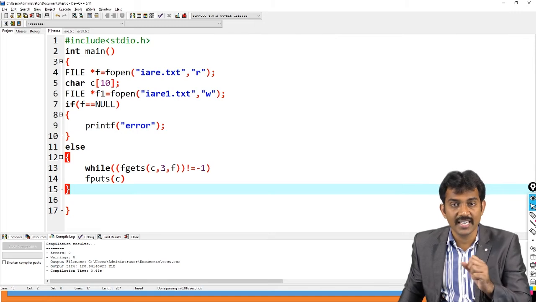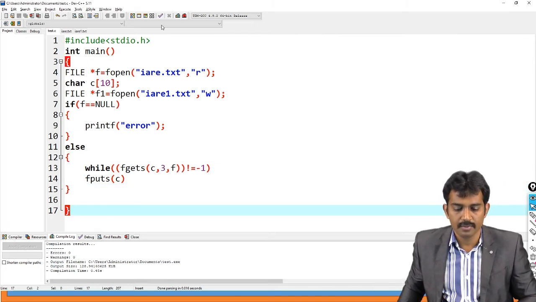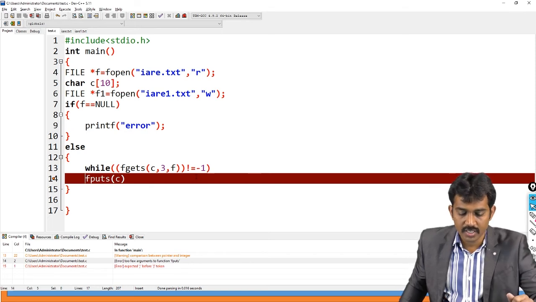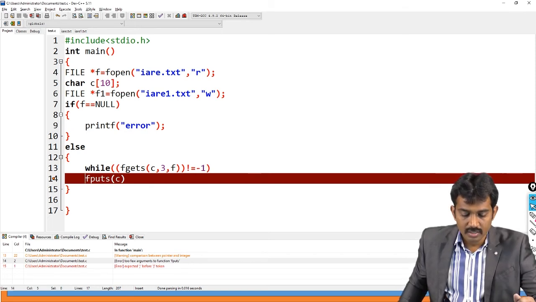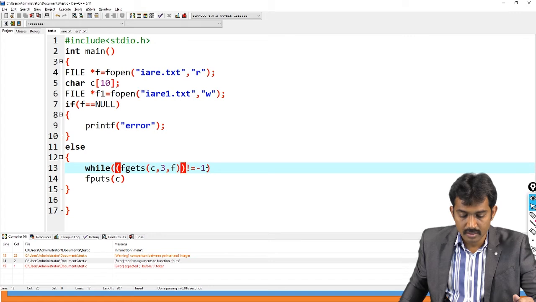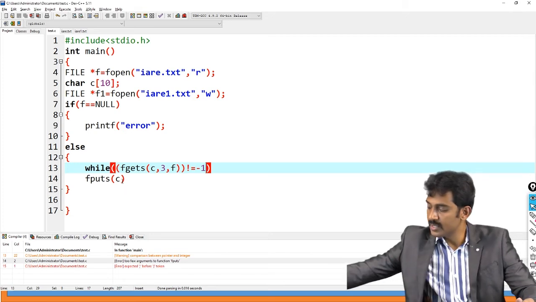That is why it is going to read 3 characters. See, if you run this code, it has one error. What is that? Expected... yeah, we missed fgets. Okay. Yes.